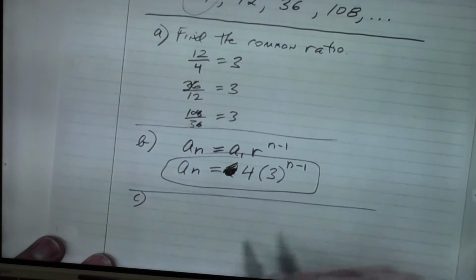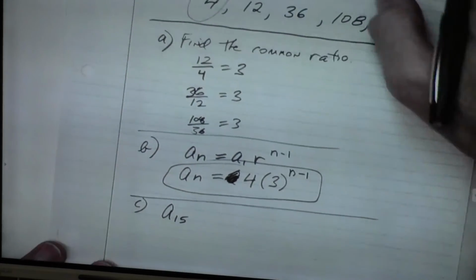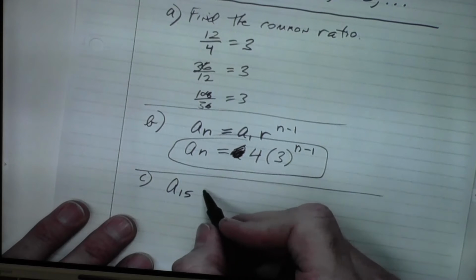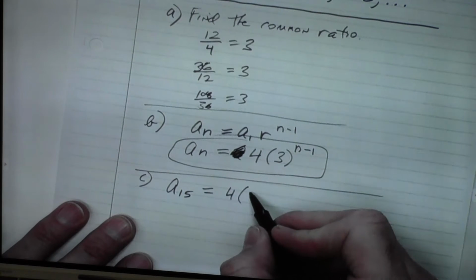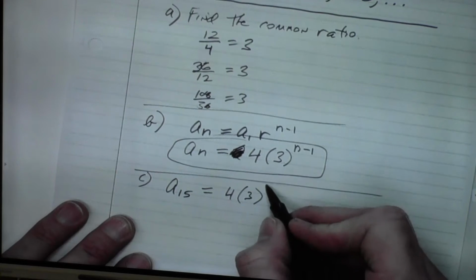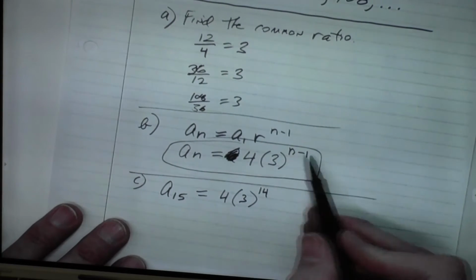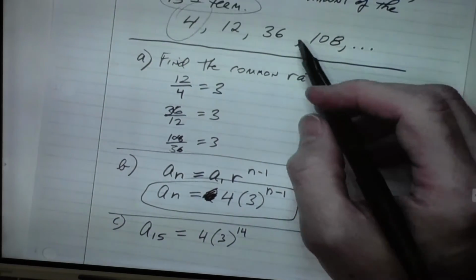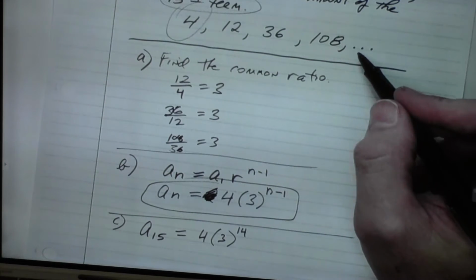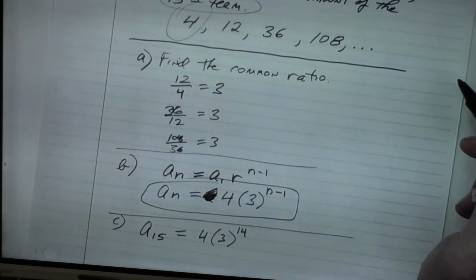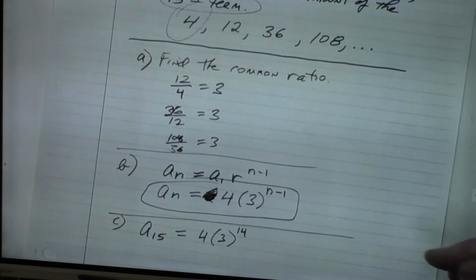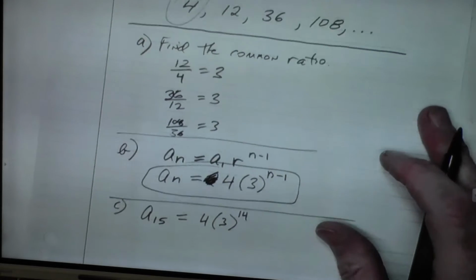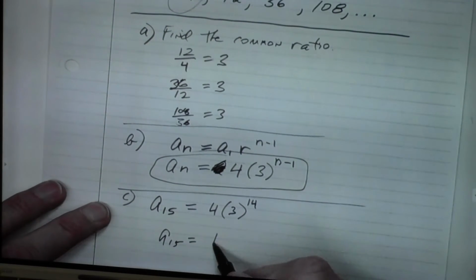And then the last part of this is for the 15th term, a sub 15 is equal to 4 times 3 raised to the 14th, because it's n minus 1 if I put 15 in here. Now, I could get this by multiplying by 3. So next I'd have 324, and then I'd have 972, and after that my brain can't quite do the multiplying so easily. So you keep multiplying by 3 15 times. Nothing wrong with that. If you do it by calculator, it'll be a little faster because the number that you get is